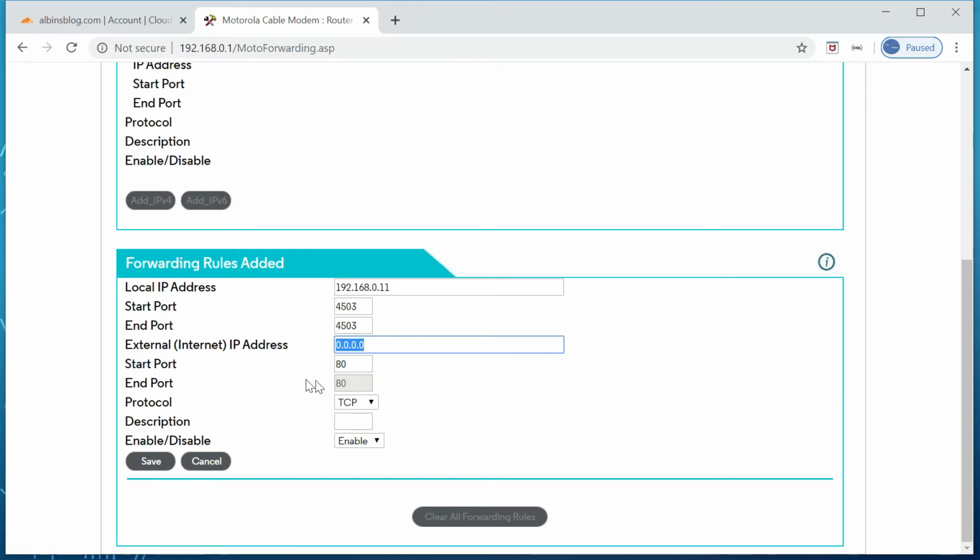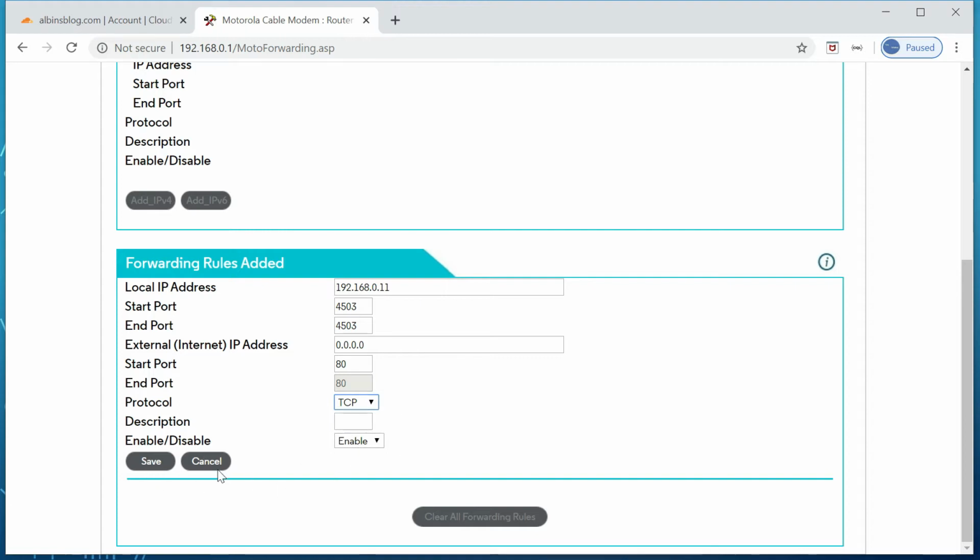Then for where the external communication is coming from, in my case it's port 80. Even though I am connecting through HTTPS, my HTTPS will be terminated in Cloudflare. So Cloudflare will connect to my machine through plain port 80. Then for the protocol, you can have TCP, UDP or both. In my case, it is known to me as TCP, so I can select TCP. If you are not sure which protocol is used for server connectivity, you can go with both.